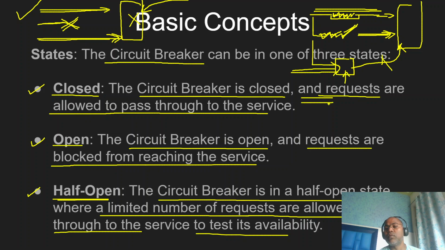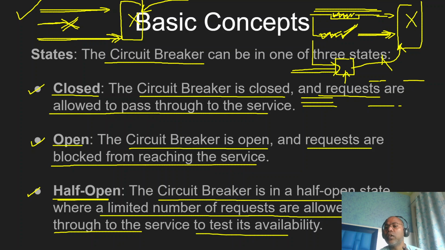Again after some requests, they try, maybe after some timeout or some delay, maybe a sequential delay or an exponential delay. You have to define the condition on which basis the half open state is going to test